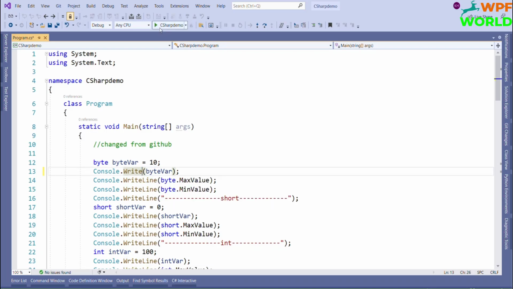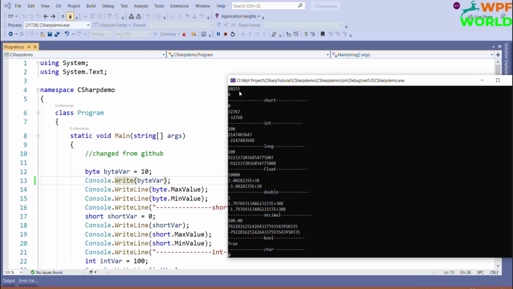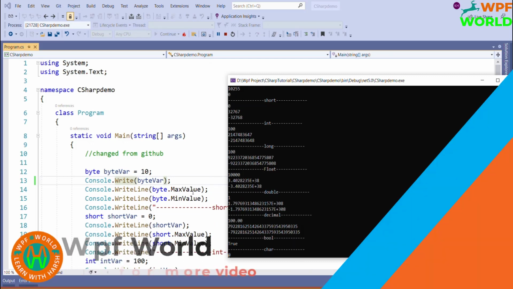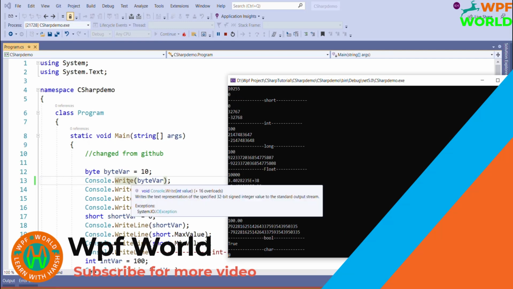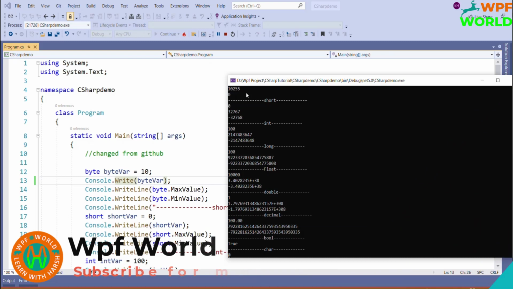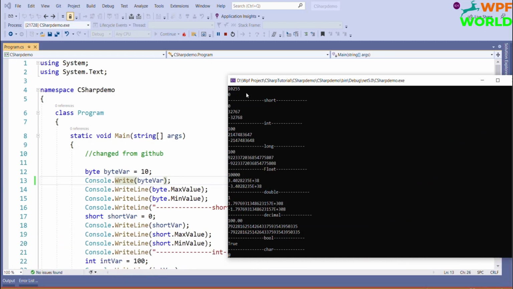Now let's run and see what happened. You can see 10255, right? The byte value is 10 and 255 is the maximum value of byte, which means both values are appended here. The WriteLine method will add a new line after the output, but the Write method will not add the new line. It will write in the same line.